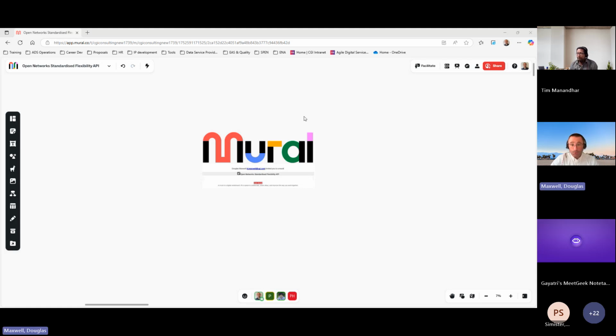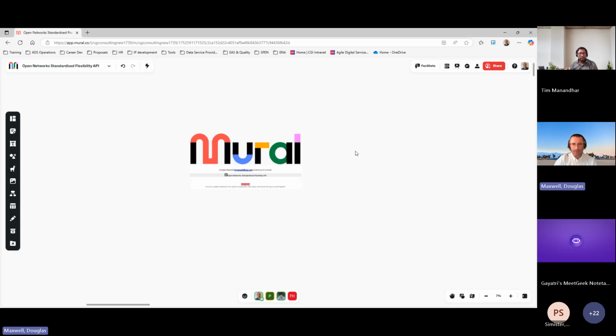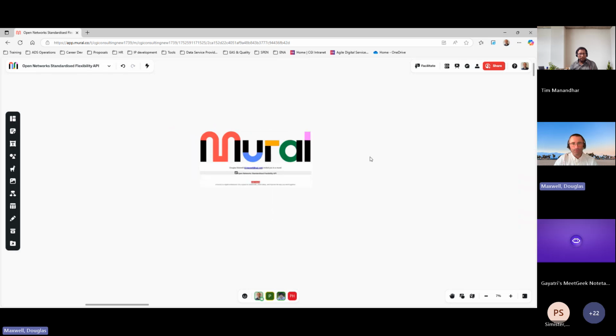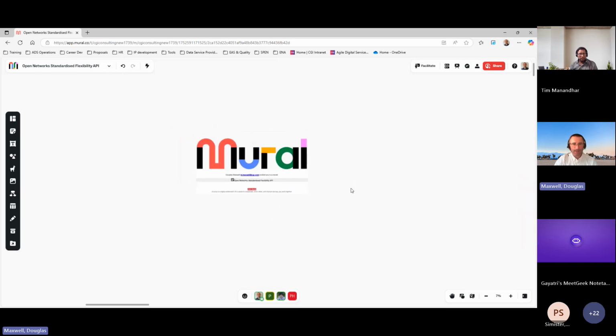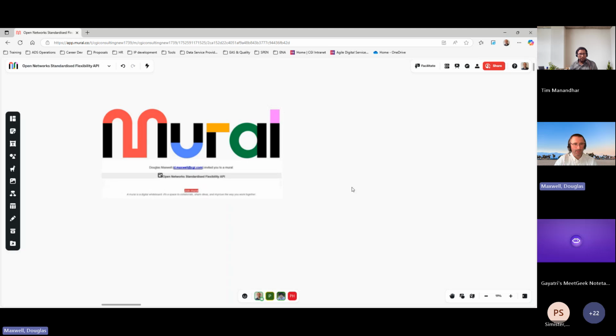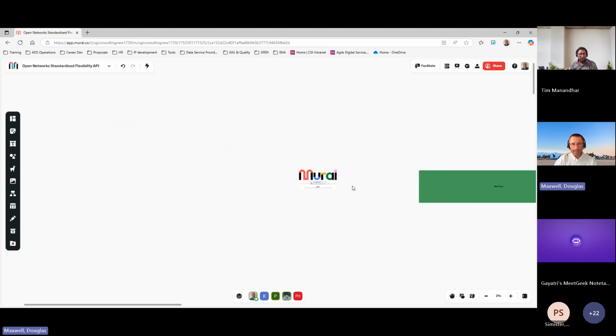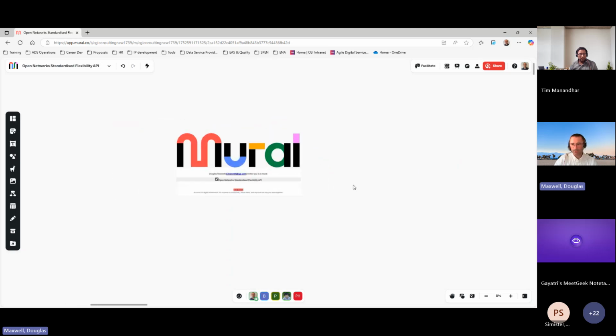I'll assume that nobody's used Mural before. It's a tool similar to Miro as well. It's an interactive whiteboard. You can move the board left and right and up and down. If I left click and hold, then I can move around the board. If I scroll forward, you can zoom in, and then scroll back, you zoom out as well. Just down at the bottom right hand corner here, there are navigation settings.